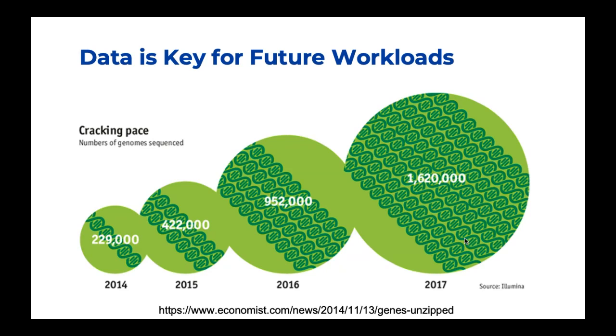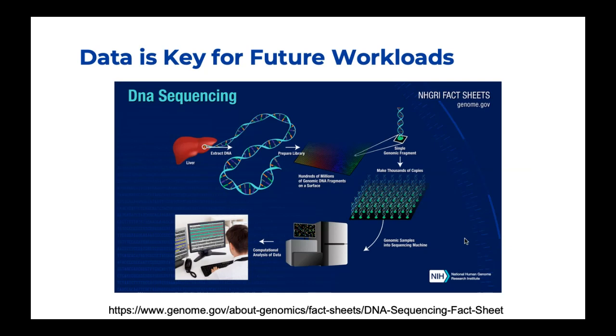What you see is the sequencing of DNA. We all know what DNA is. DNA is like the base of our computer. All humans are based upon DNA, and we can characterize everything of humans by their DNA. So it's important to sequence DNA. We sequence DNA, for example, we have this liver, and from this liver we extract DNA by some intelligent machines, and after that we prepare a library for them, and at last it goes through